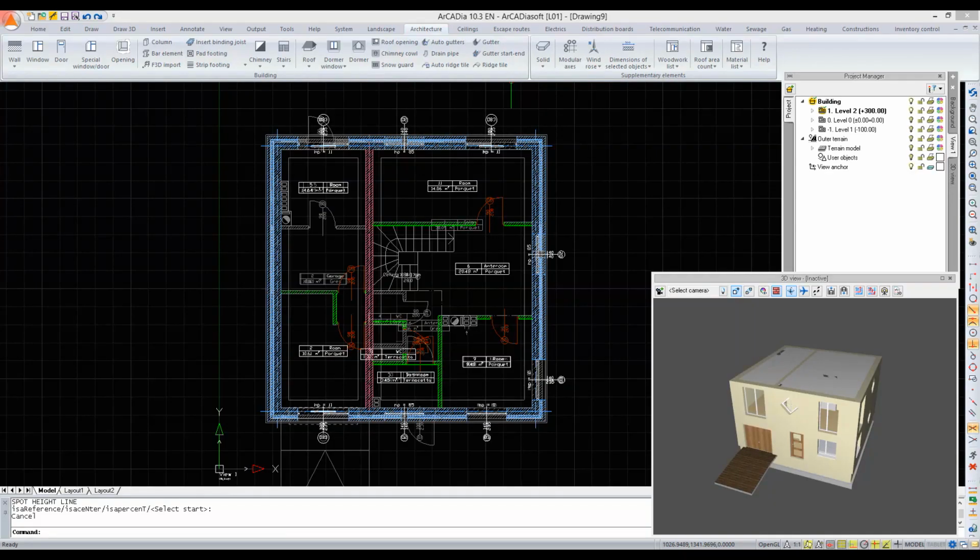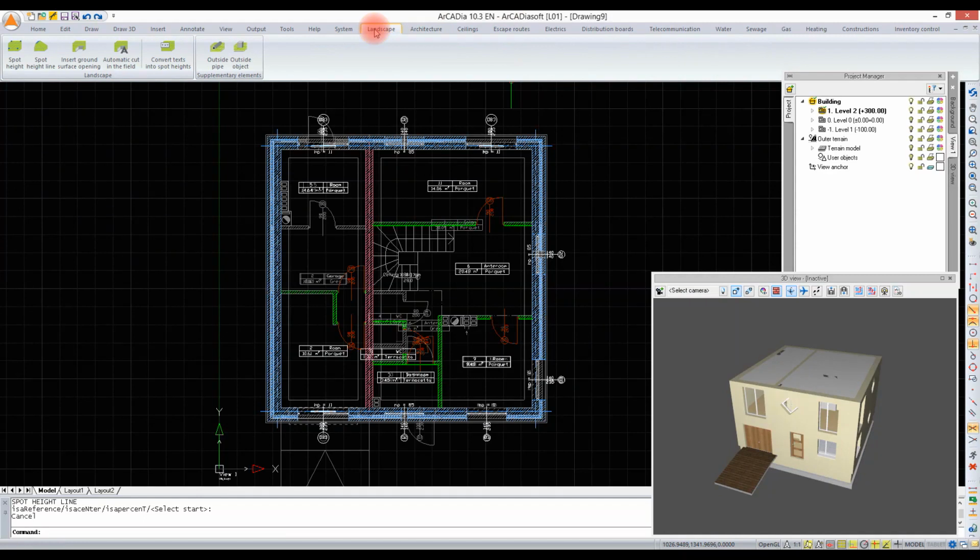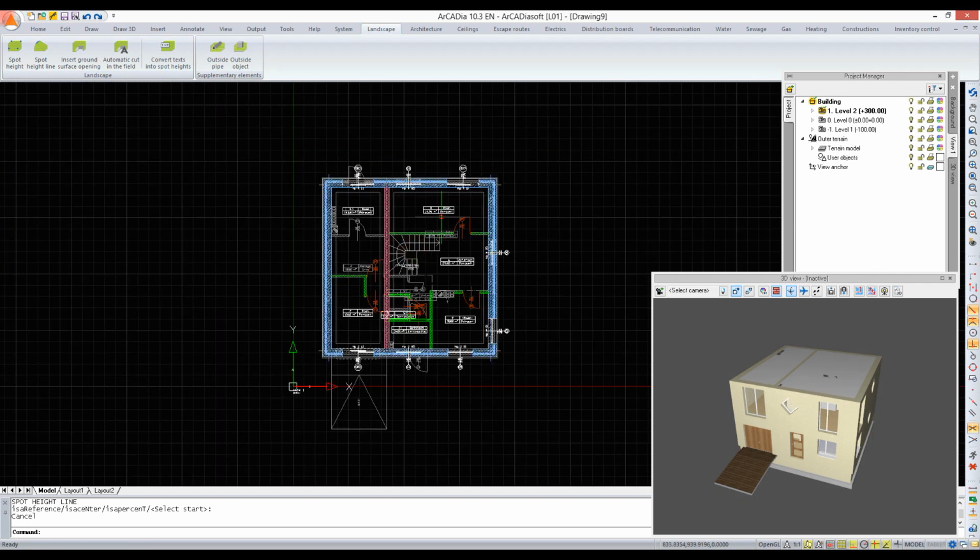Terrain can be defined by snaps and spot height lines. If, for example, we have a good geodetic background loaded in .dwg format, then we can convert all text to spot heights, which will automatically create the terrain. If we do not have such a map, it is advisable to check the altitude of the place where we